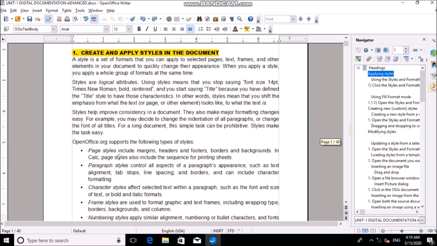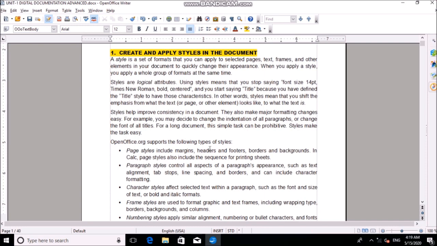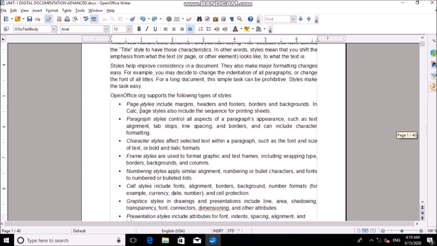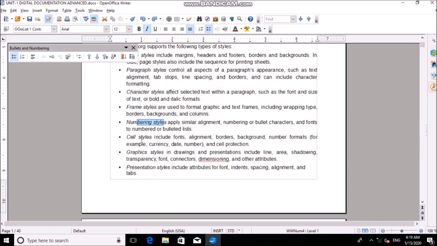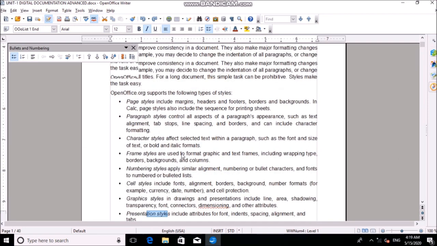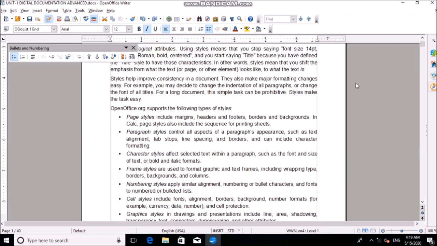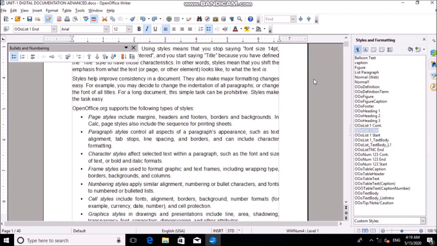Under this style we have many types of styles. The first one is the page style, then paragraph styles, character styles, frame styles, numbering styles, cell styles, graphic styles, presentation styles. All these I'll be showing you here. So I'm just simply clicking on the styles and formatting icon again.